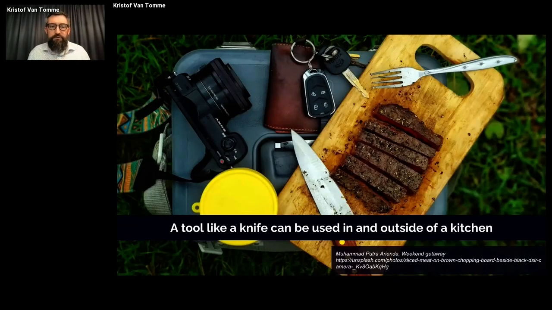And tools like knives are used outside of these space contexts in which we normally do our work. For example, you can take a knife outdoors and do barbecue, you can cook outside. But that's a lot of work, and it can be quite hard.